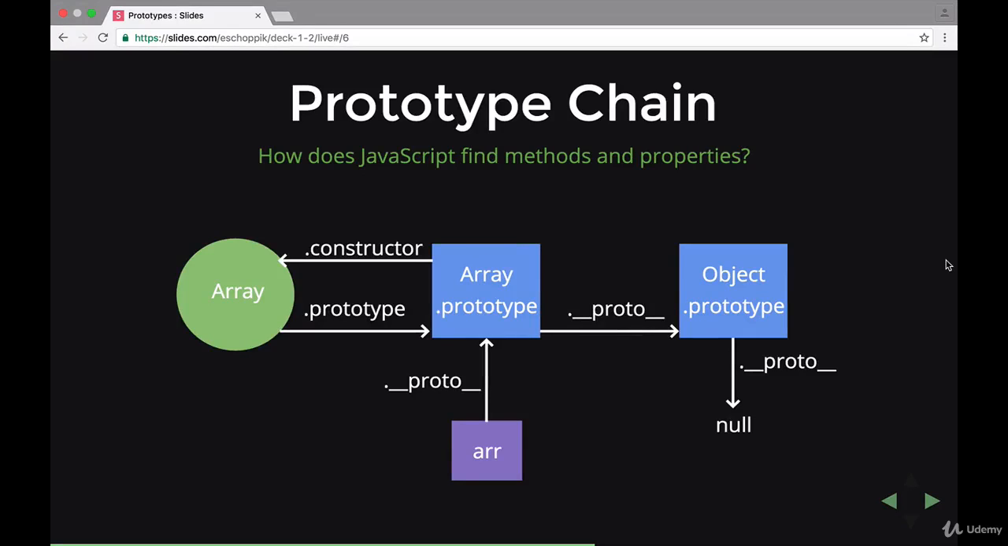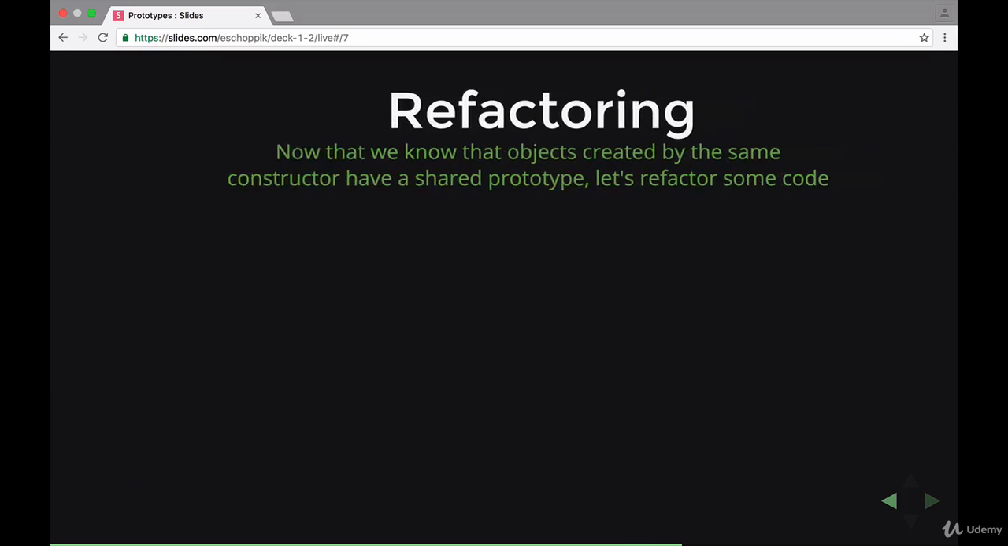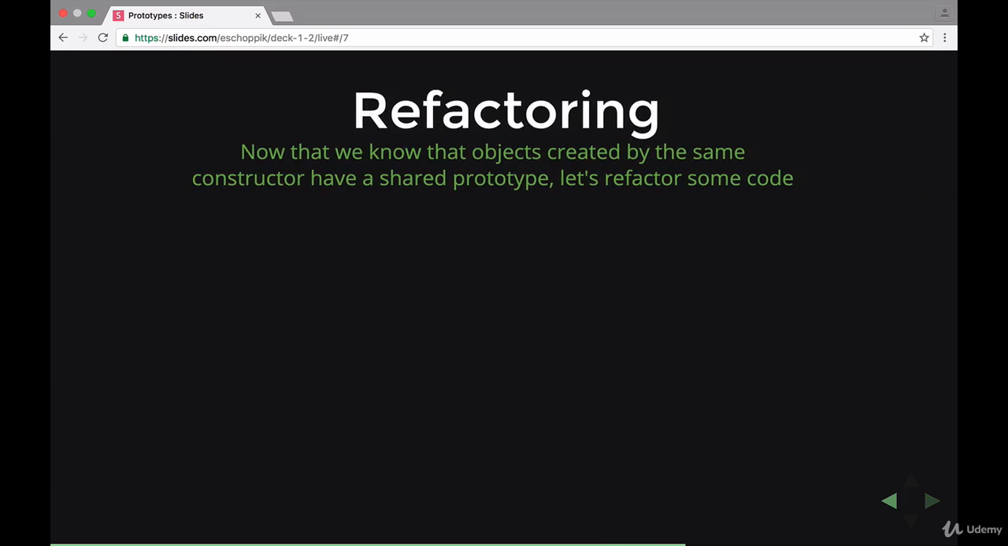Welcome back. In the previous video, we saw that JavaScript finds methods and properties on an object by working up the prototype chain. We also saw that the prototype property is a great place to put properties and methods that we want to share amongst all objects created from that constructor function. Let's take a look at an example and see why placing methods and properties on the prototype object is very